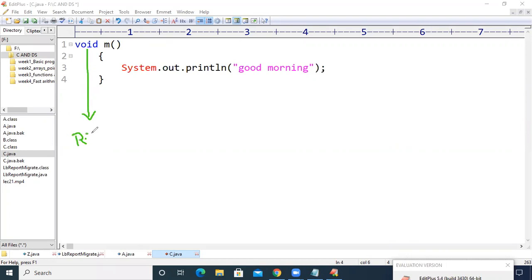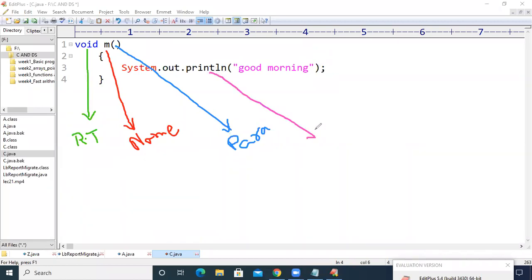The second one is the name of the method. The third one is the parameters of the method, within the braces. And the fourth one is the body of the method.